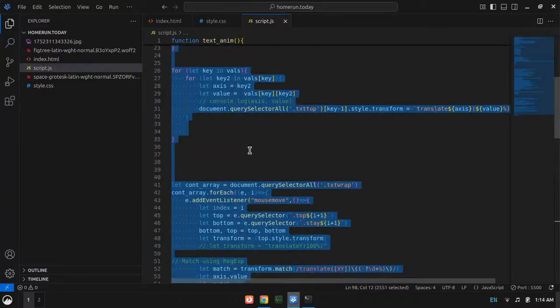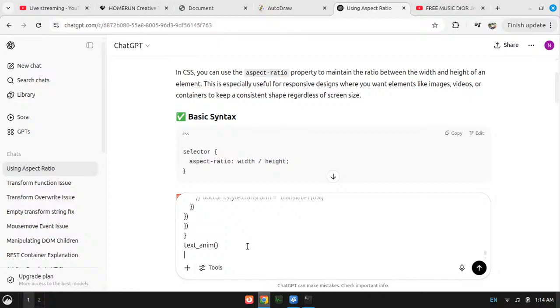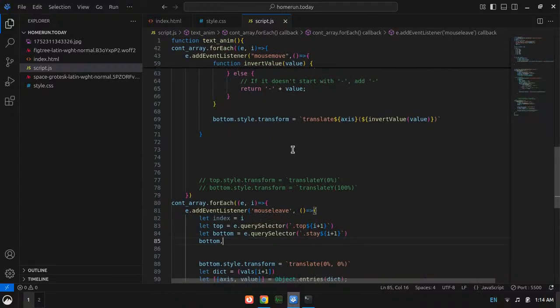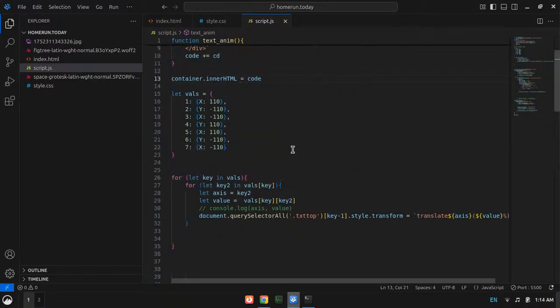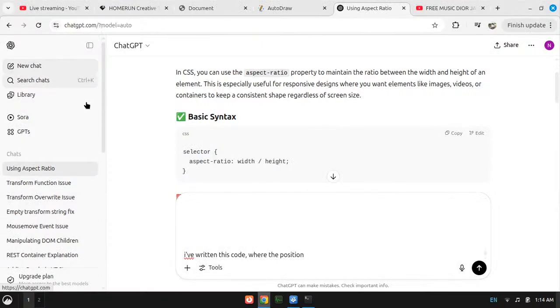Okay, let me just copy the whole thing and ask ChatGPT how to do that. Before giving it to ChatGPT, let me undo the silly changes I have made. Then copy the whole thing and ask a new ChatGPT.